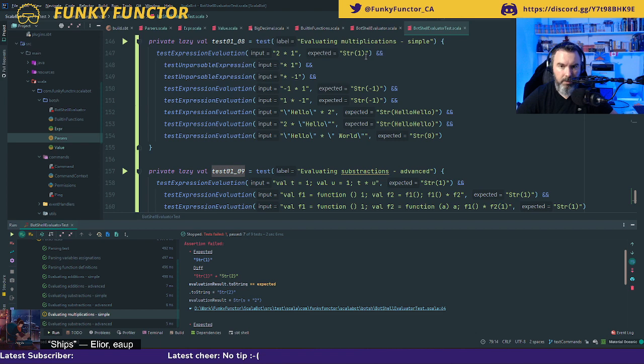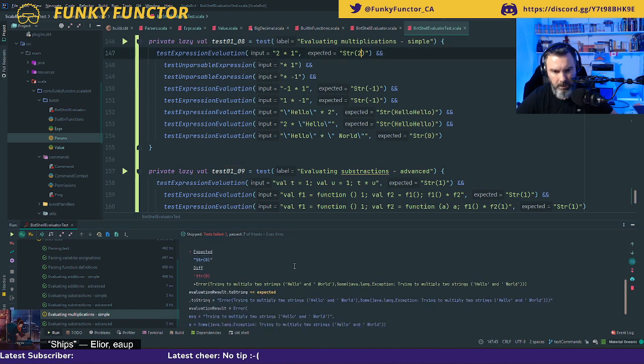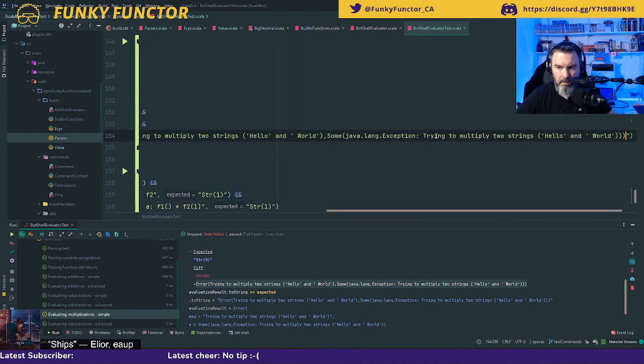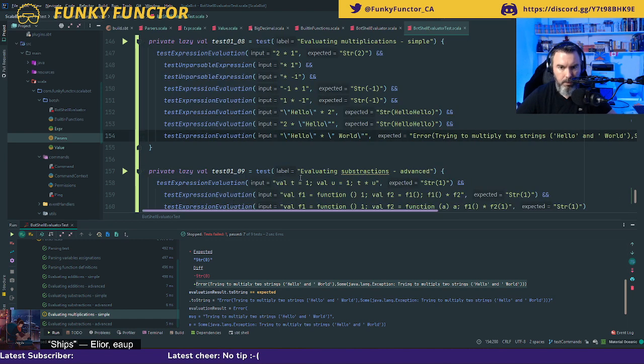Oh yeah, 2 times 1 should be 2, not 1. And what about the other one? So error. So that is the exact thing that I am trying to get. Copy, and this one is going to be an error. Cool.